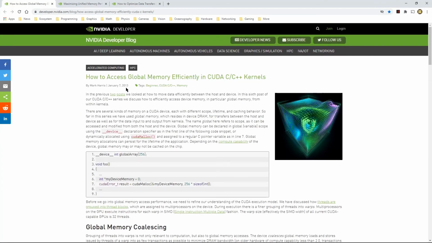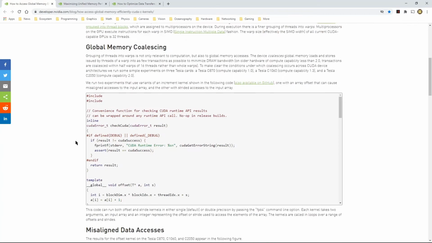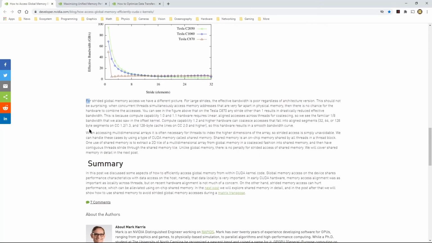So this is the article. These are older articles, from 2013, so I don't know how relevant they are on these newer platforms. But this is titled "How to Access Global Memory Efficiently in CUDA C++ Kernels." Here in this sentence, it said for strided global memory access, we have a different picture. For large strides, the effective bandwidth is poor, regardless of architecture version. This gave me the hint that maybe I should try